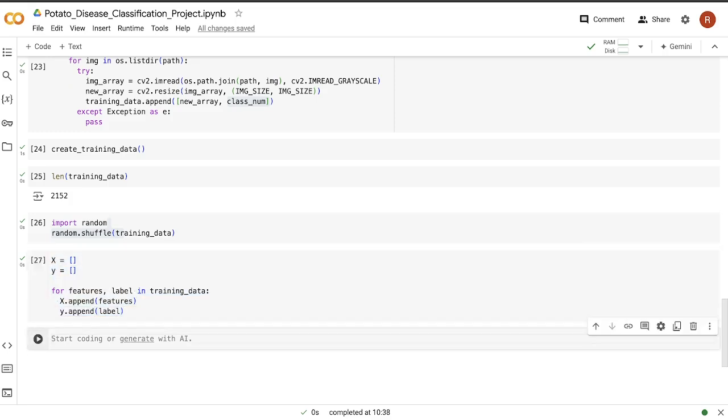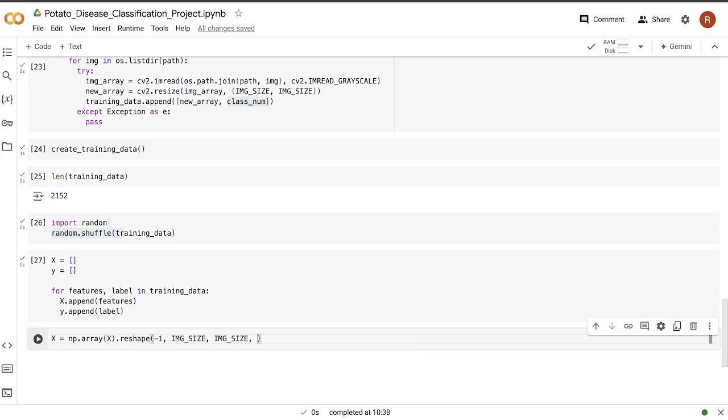Now we have to reshape our input variable x, that is our images. So we will say x is equal to, now we will make use of numpy here, np dot array x dot reshape -1, then image size. So the image size that we set was 256, and then here you have to mention the channel dimension.